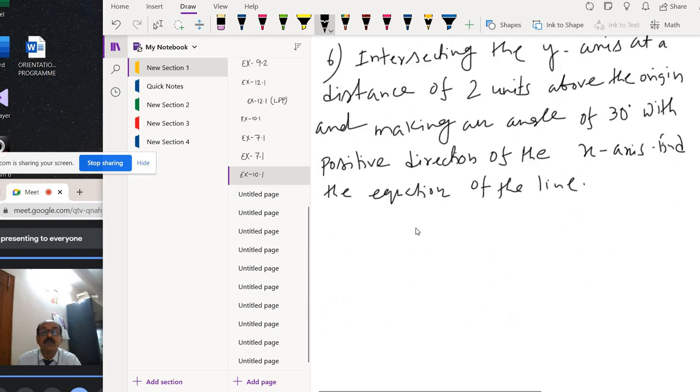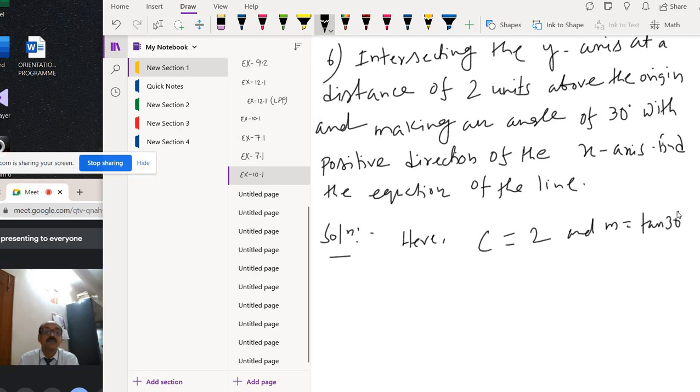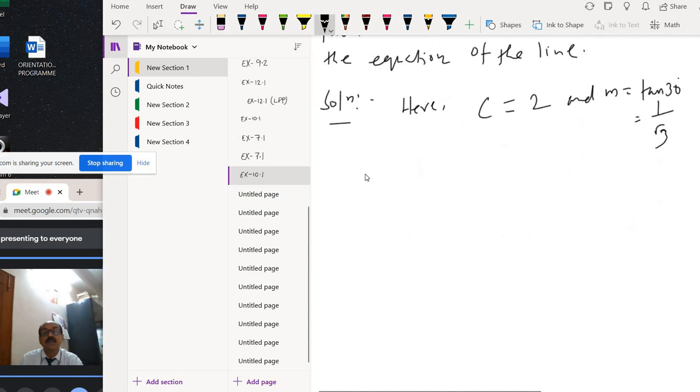Okay, so intersecting the y-axis at a distance of 2 units above the origin. That means it will be plus 2, c equal to plus 2, above the origin on the y-axis, and m equal to slope tan 30. Tan 30 is 1 by root 3. Now the equation of the line is, therefore,